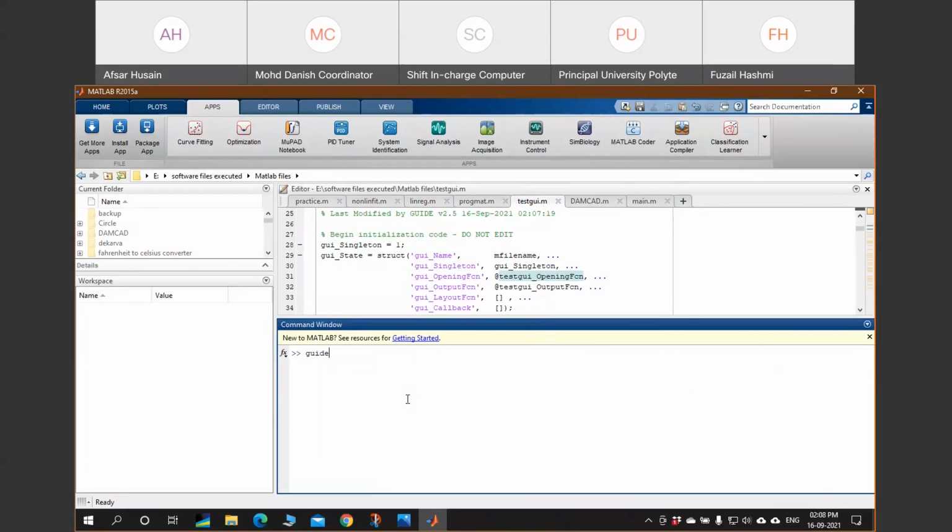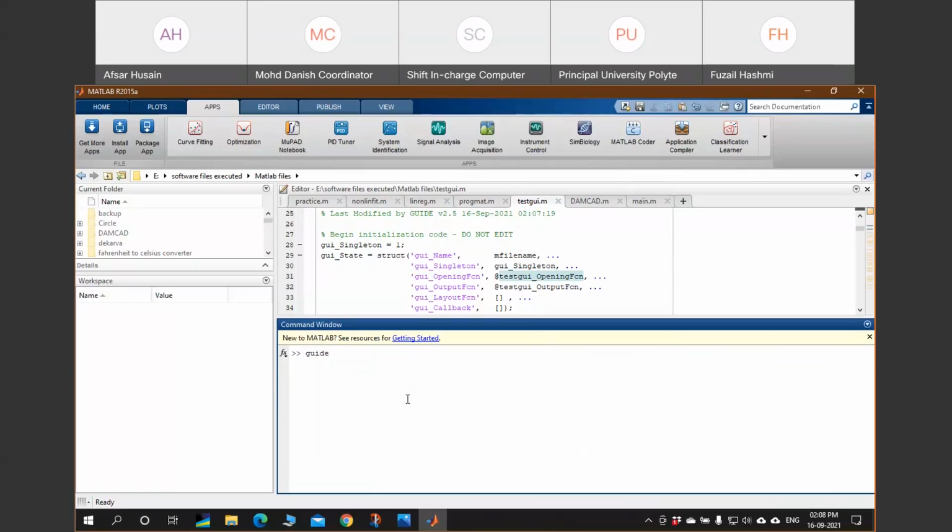I also request the participants to be interactive, and they can write the code simultaneously with me, to better understand this particular session.